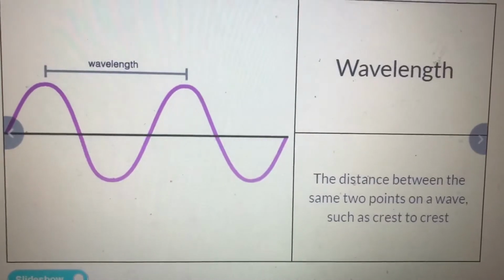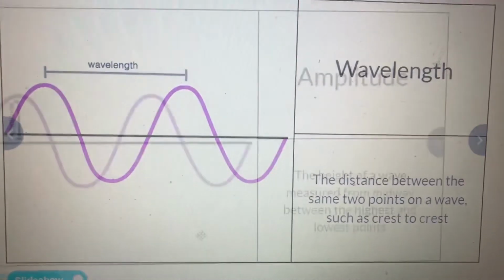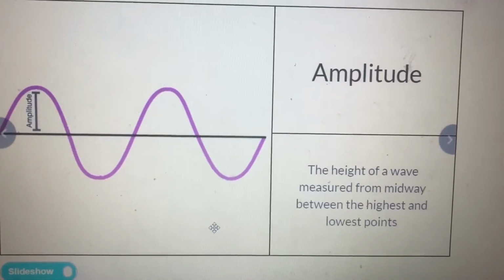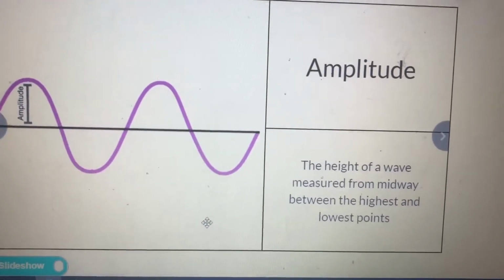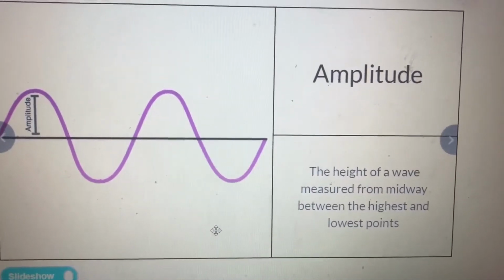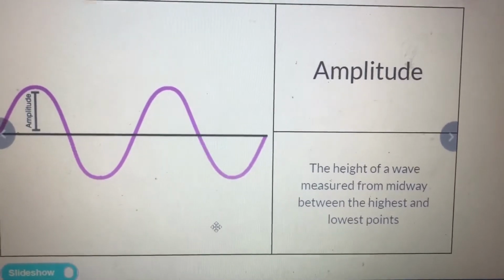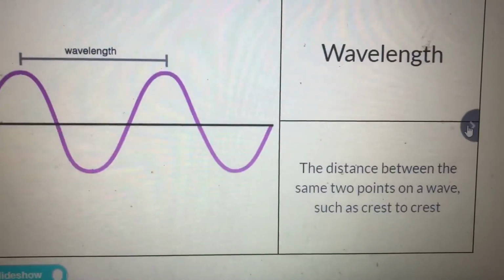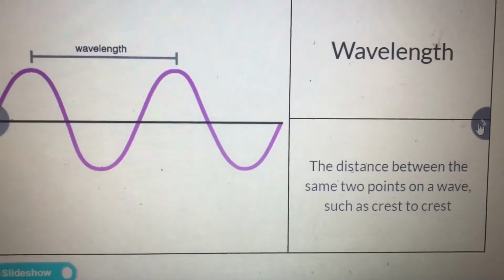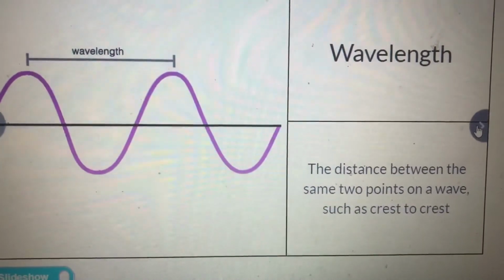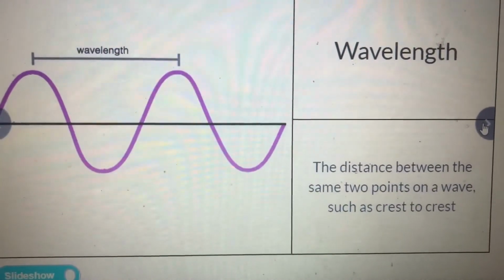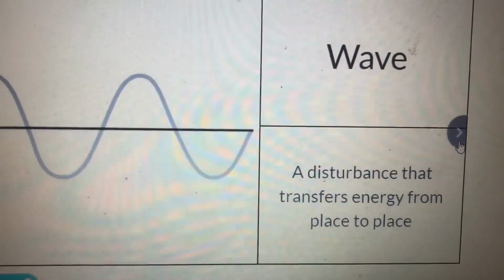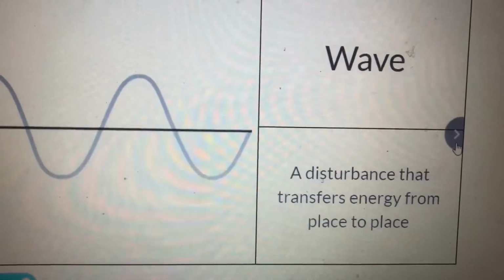So we could almost say that this is how long the wave is, and we can say that this is how tall the wave is. So I know it's not totally 100% correct, but we could say, just to remember, that amplitude is how tall it is, and the wavelength is how long it is, okay? Just as a quick reminder, remember a wave is a disturbance that transfers energy from one